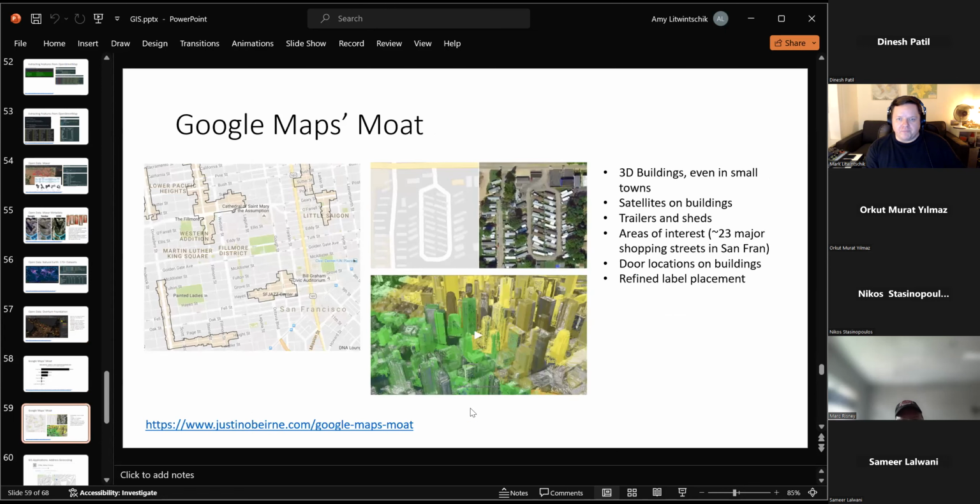Just looking at Google Maps mode, they've had 3D buildings forever, even in small towns. They can identify satellite dishes on top of buildings. They can identify trailers and sheds. They know which areas, which aren't normally identified as being an area, are areas of interest. Like they have 23 shopping areas in San Francisco. They have so much mobile data that they've collected and so many AI tools that they've used to create really